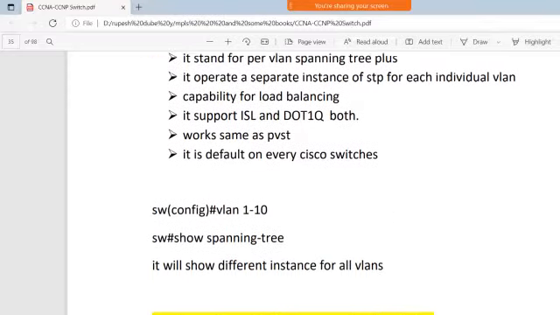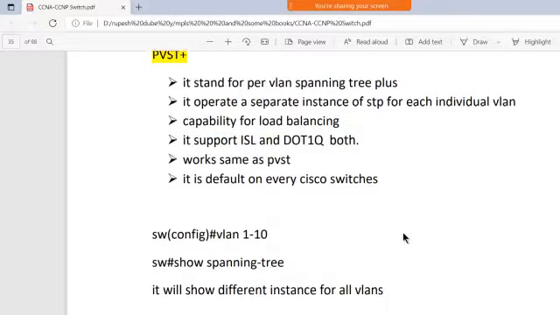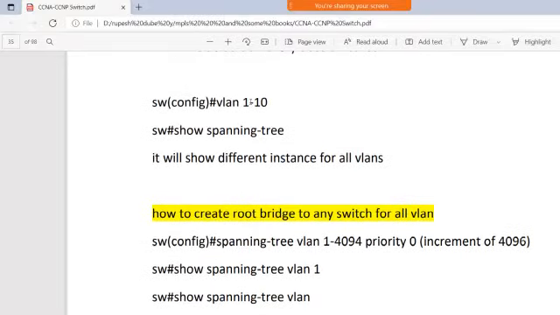Now how can you make the instances? First of all you have to select the VLANs. Suppose that I have 10 VLANs over here and you want to configure some priority and some kind of instances regarding that. So how can you do that?